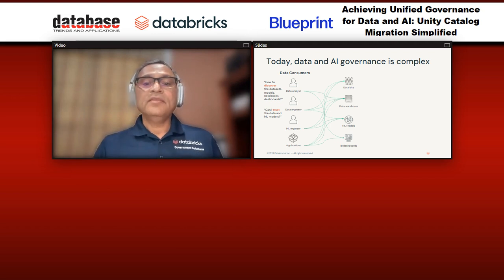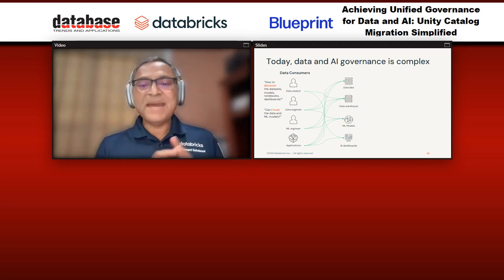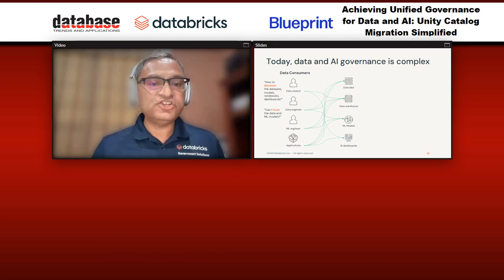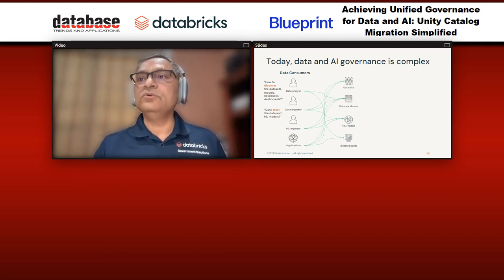Now, if you put together all these possibilities, right? Various different types of data residing at various different places, being used by various different personas, that just gets insanely complex, right? It becomes like a massive spaghetti diagram. And that really presents a challenge about governing the data and making sense out of the data and making that data available to the folks who need it.